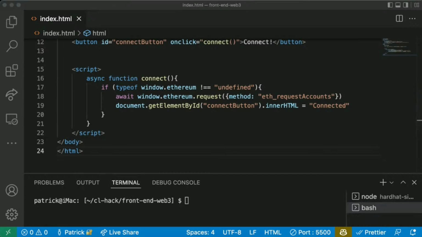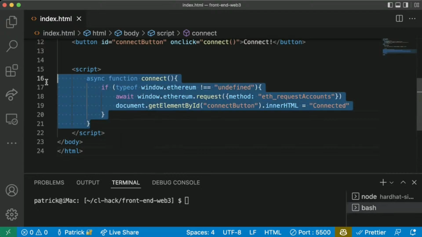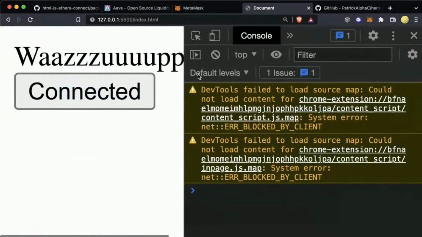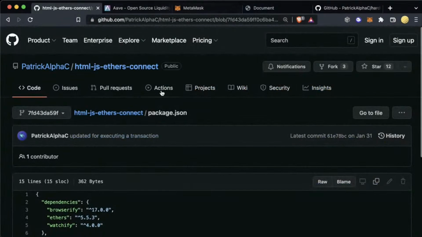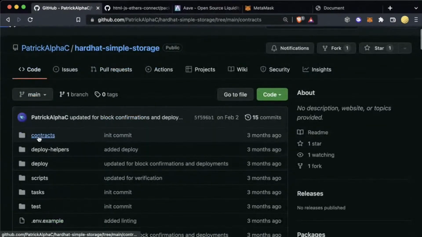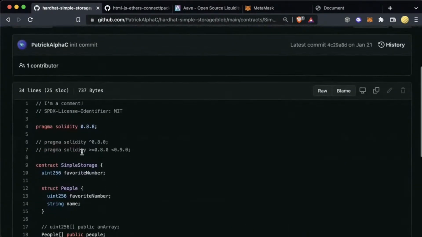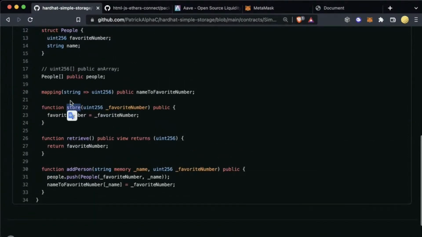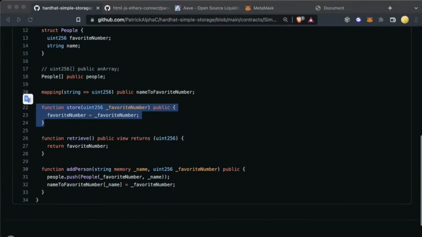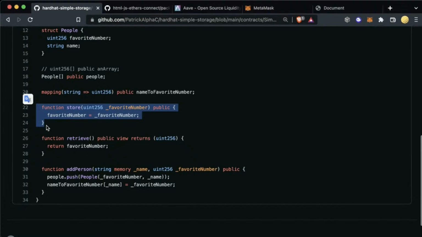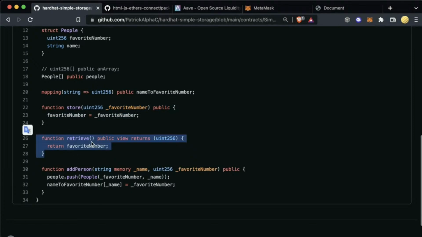So we have that up. Now what do we want to do? Well, let's add some stuff in here because, like I said, in our simple storage contract that we just deployed, we've got a function here called store, right? We should figure out how we can call this store function. And that's what we're going to do now, because we'll learn how to call the store function and then read from the blockchain and call this retrieve function.